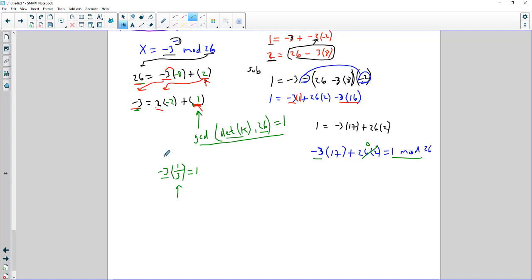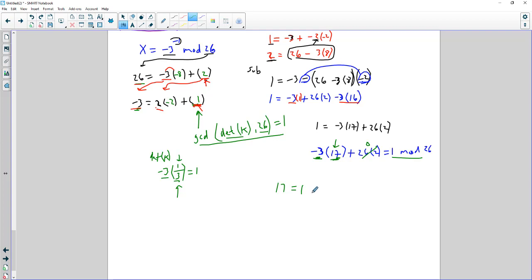I'm trying to find this guy. This is your determinant right here. This is your determinant of K. And this is your inverse of that. And this is what I'm trying to find. And now I have it. I'm looking at it right here. This is 17. So technically, this is your determinant, and this right here has to be modded 26 still, but this is your inverse. So what I'm now going to say is, okay, 17 is equal to